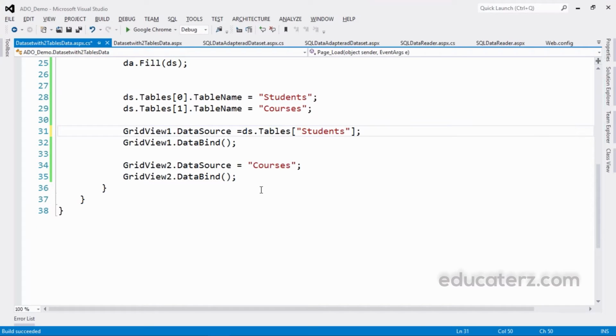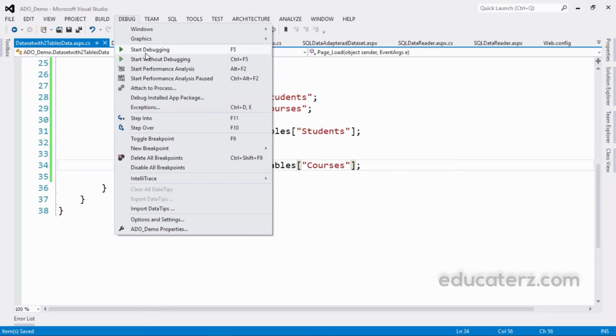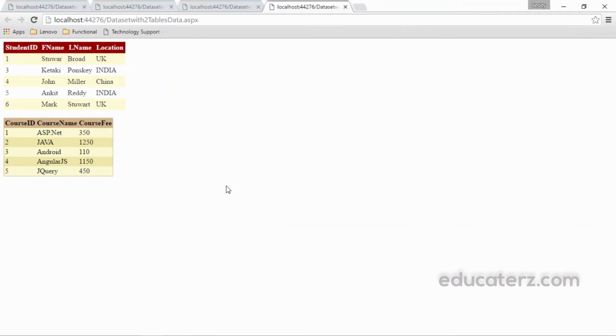Students, then Courses. What we want is the table's data. So I am taking ds.Tables of whichever table we are going to store inside our grid view. So we need the square brackets. Now let us see that the output shows in a proper way.